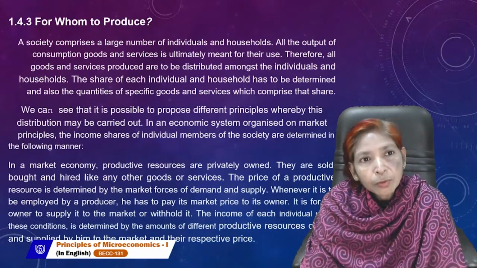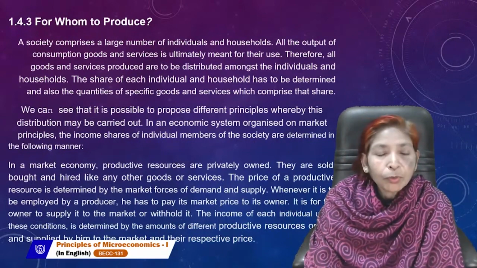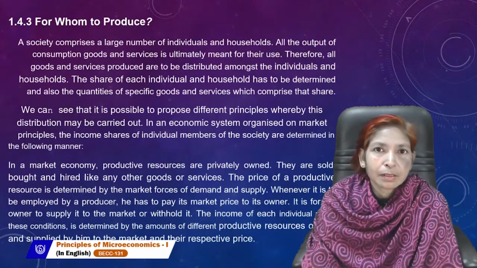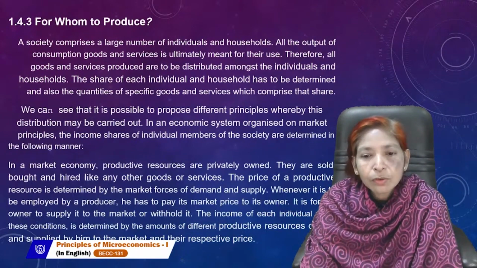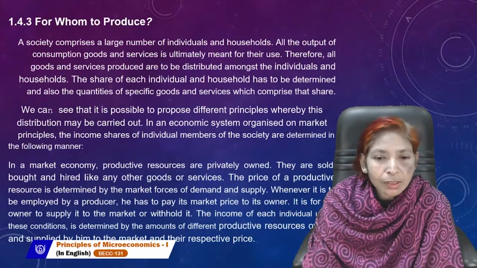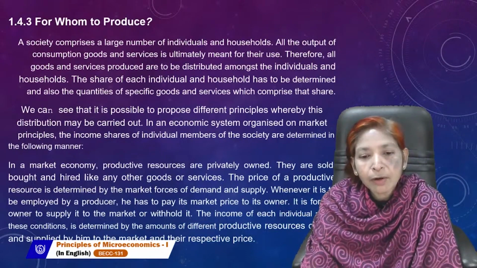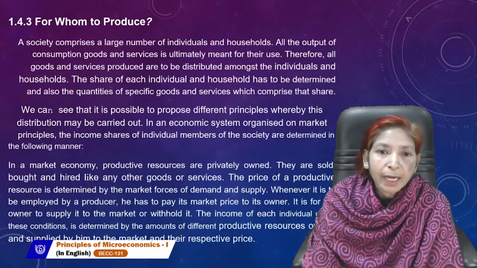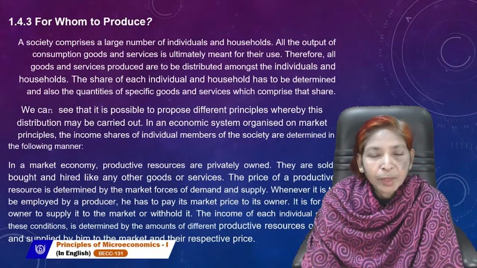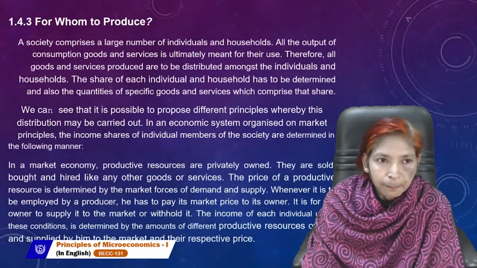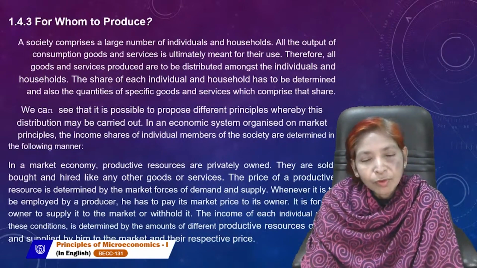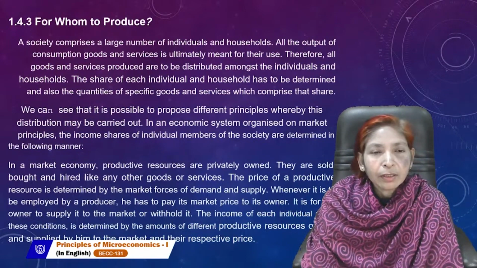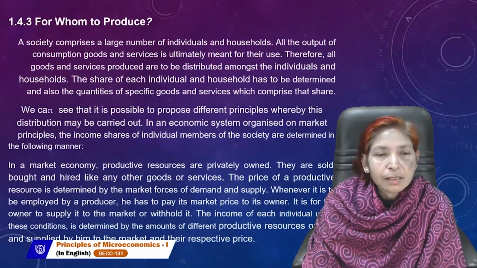So, for whom to produce? This problem is related to the distribution of goods and services. Producers always produce goods and services only for those consumers who have purchasing power, who are able to buy that goods and services by paying a particular price. These three problems, what to produce, how to produce, and for whom to produce, are known as the central problems of an